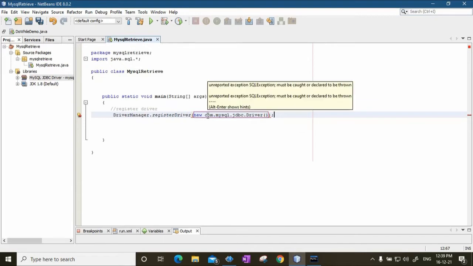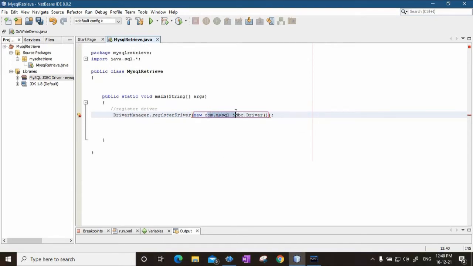By saying com.mysql.jdbc, this is a package that contains a class called Driver. So by creating an object of that class, I am actually using this registerDriver method, registering the MySQL JDBC driver.